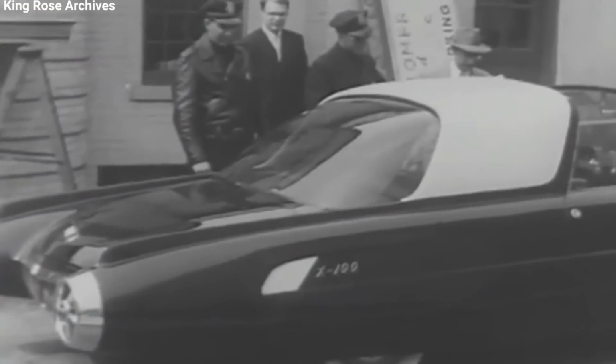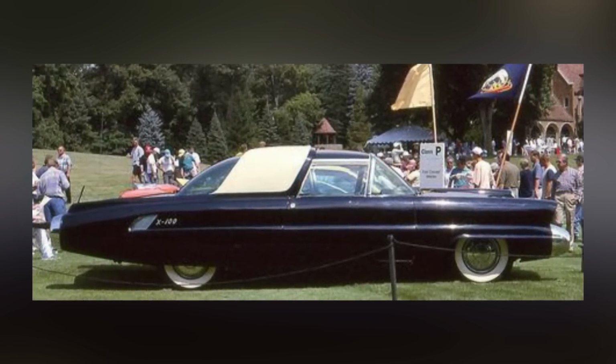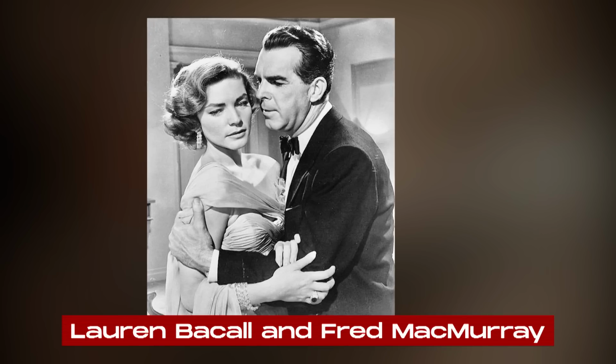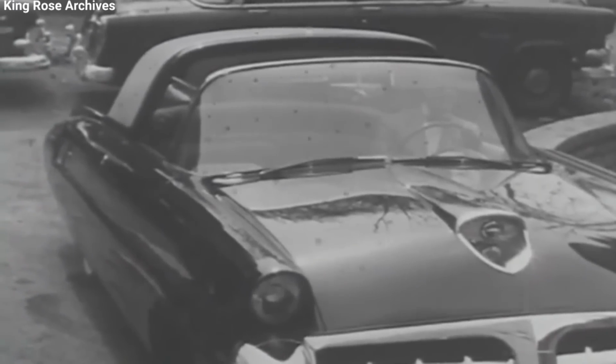The X100's promotional tour included stops at various car shows in the United States and Europe, where it generated a lot of interest from the public and media coverage. The car even made a quick appearance in the 1954 movie A Woman's World, starring Lauren Bacall and Fred MacMurray. As the car traveled from city to city, it showed people Ford's vision for the future of car design and